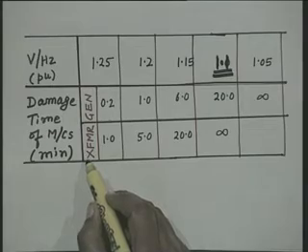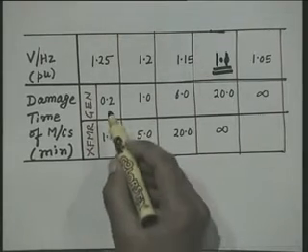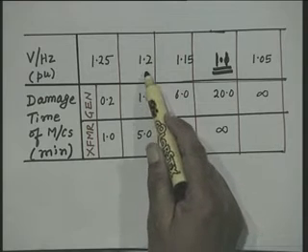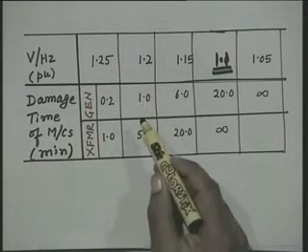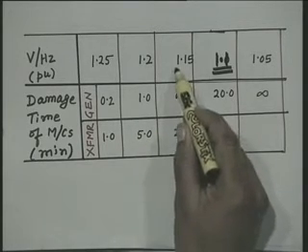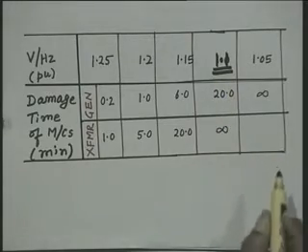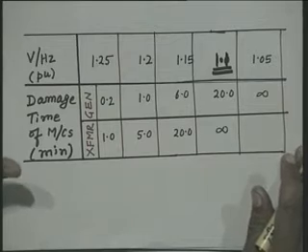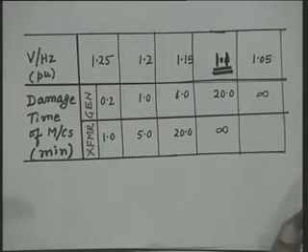For the transformer, the permissible times are more. You can easily see here that instead of 0.2 here it is 1 minute. For 20% V by F, 1.2 times V by F is 5 minutes, 1.15 is 20 minutes, and 10% is infinite. Therefore, based upon these permissible values, the setting of the limiter, or the voltage per hertz limiter settings, are decided.